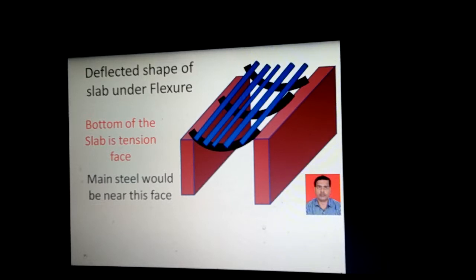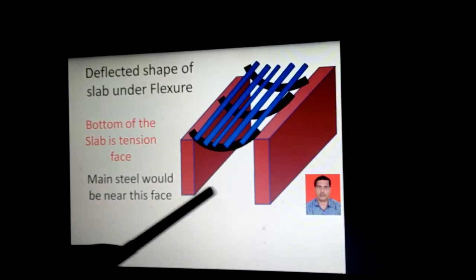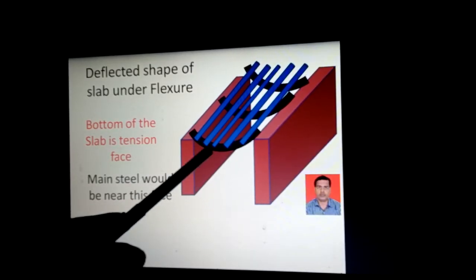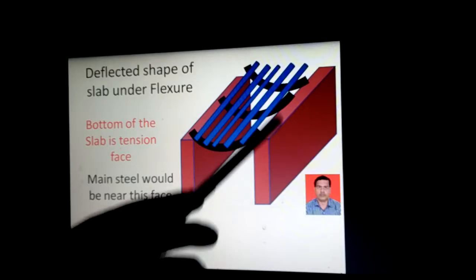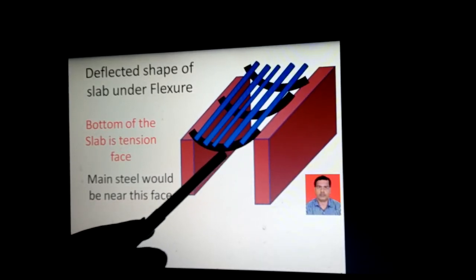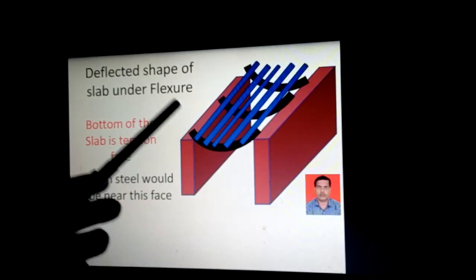Now the main concern is why we design steel for a one-way slab. Suppose the slab is loaded; there could be some live load, the dead load of the slab itself and the load of the floor finish. Under the action of this load and the developed bending moment at the middle of the shorter span, what would happen if the material is weak or not properly designed or not properly constructed? The slab would deflect like this, where the tension surface is at the bottom of the slab and the compression surface is on the top of the slab, that would be the top of the RCC with the concrete surface.